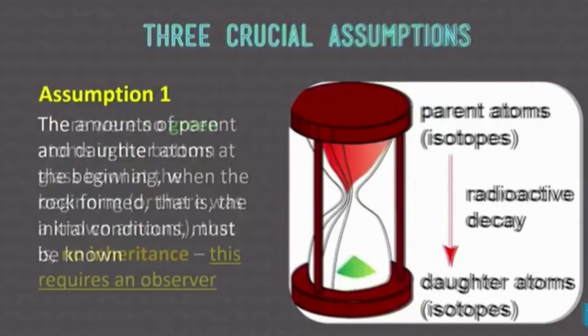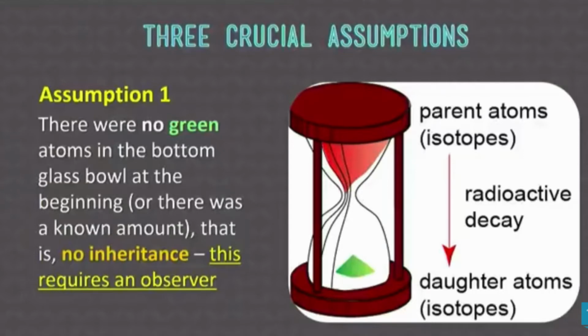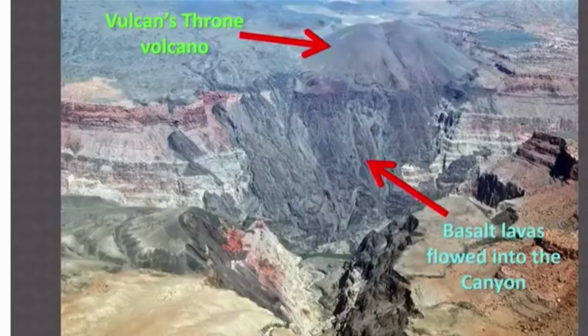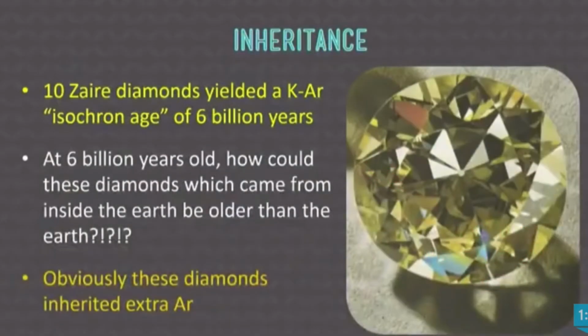If it was made by a volcano, well, it could have certain gases, and depending on the volcano, it could have so much of these daughter atoms that they're talking about in these pictures already in it. Now, take this lava flow, for example. They knew that it only happened so long ago, but when they had radioactive dating tests done on it, it said it was way older than it really was. For another example here, how could this diamond be 6 billion years old? It's way older than Earth. It's because they already inherit those sister atoms, like the rust already in the metal, like I was talking about before. And that's why they got the age of this diamond wrong.